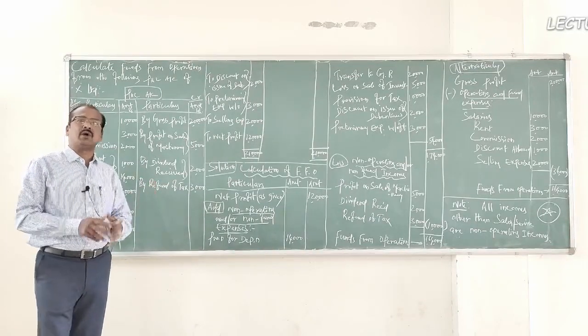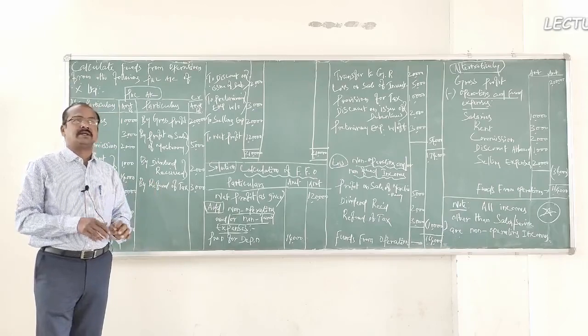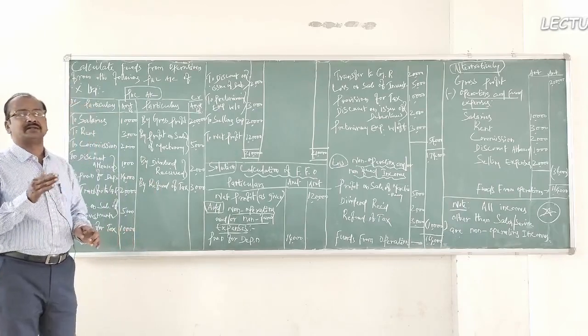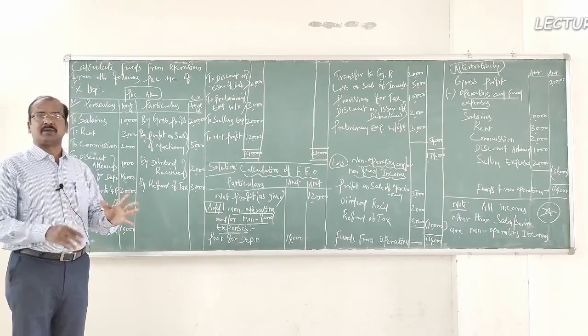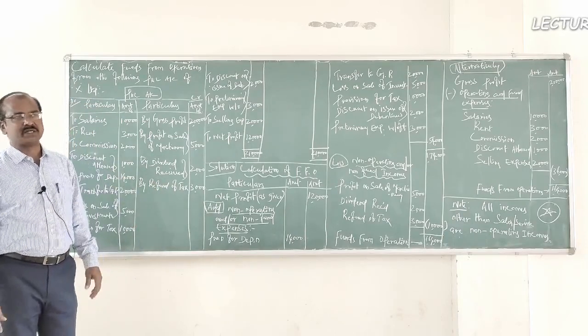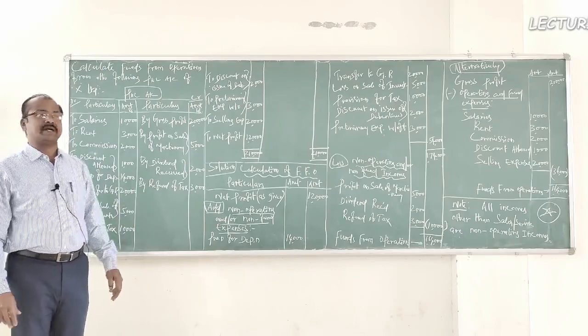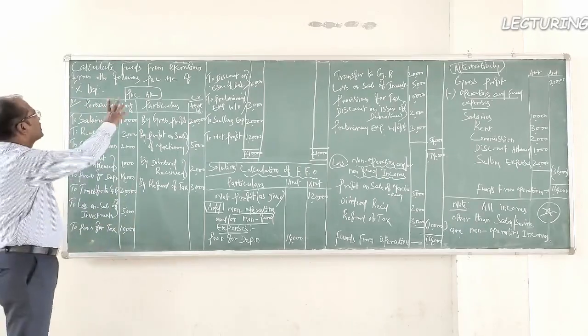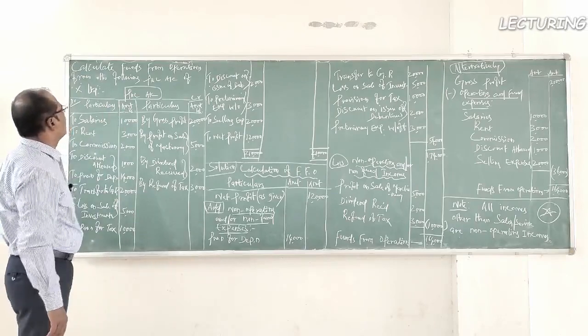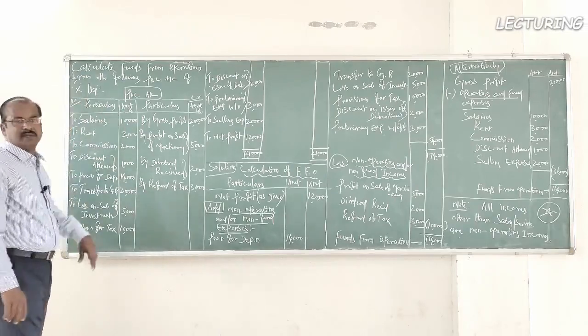Through this video, I am going to detail the accounting treatment in relation to the calculation of funds from operation from the profit or loss account of a business given for a period. Let us get into the problem straightly. Calculate funds from operation from the following profit and loss account of X Limited.